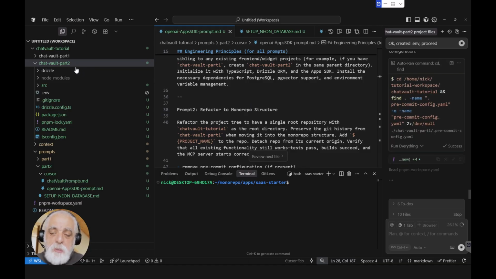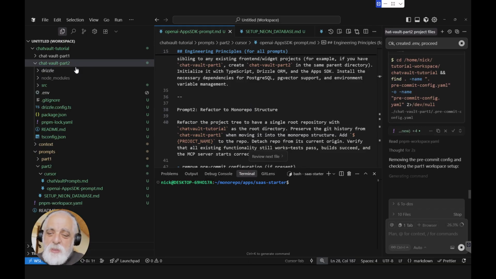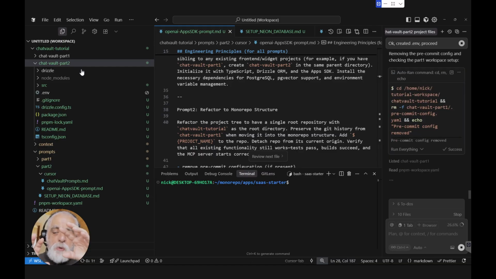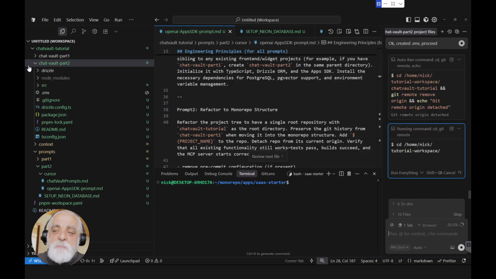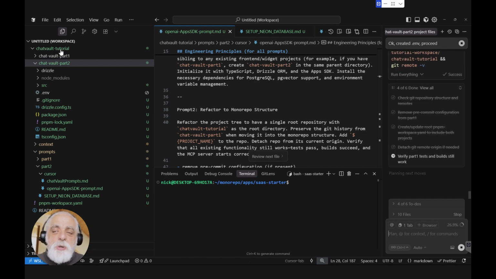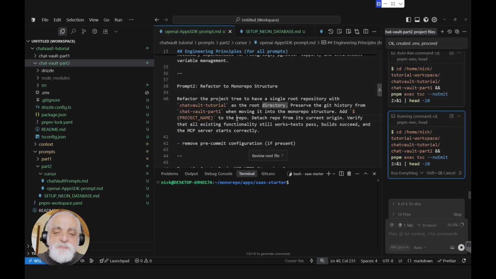So it's time to improve, to add some order here, and go from having those two repositories into a single mono repo, we call it, that has two projects as child projects. So it'll be a single repository, the ChatVault tutorial repository, and it'll have two projects. This prompt also instructs it